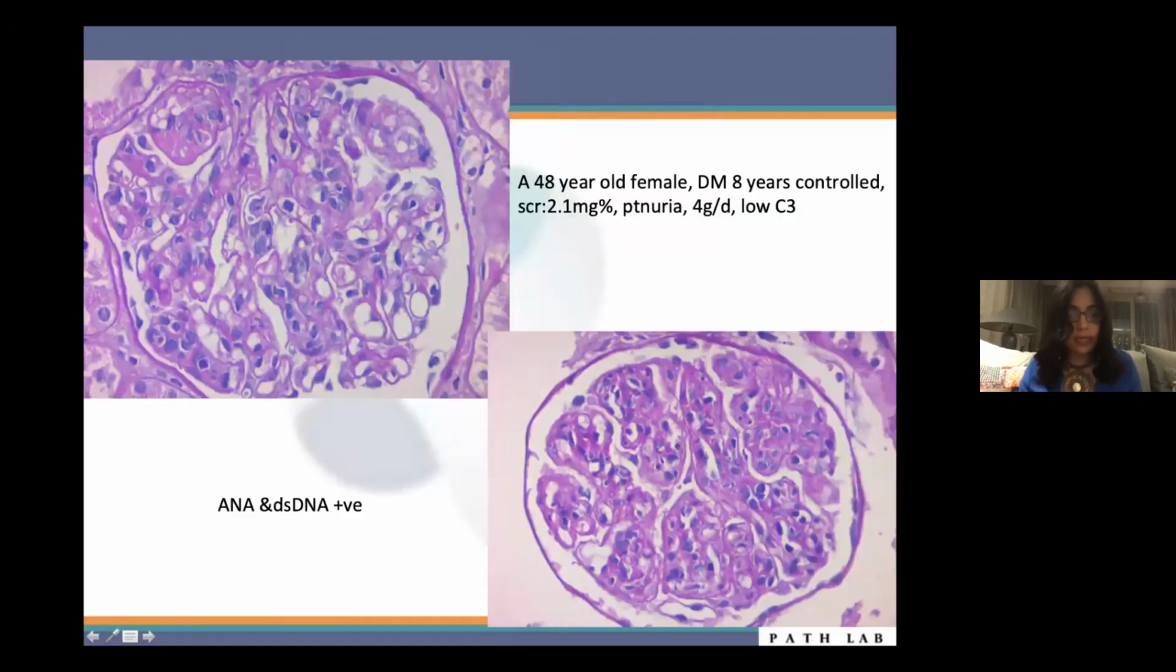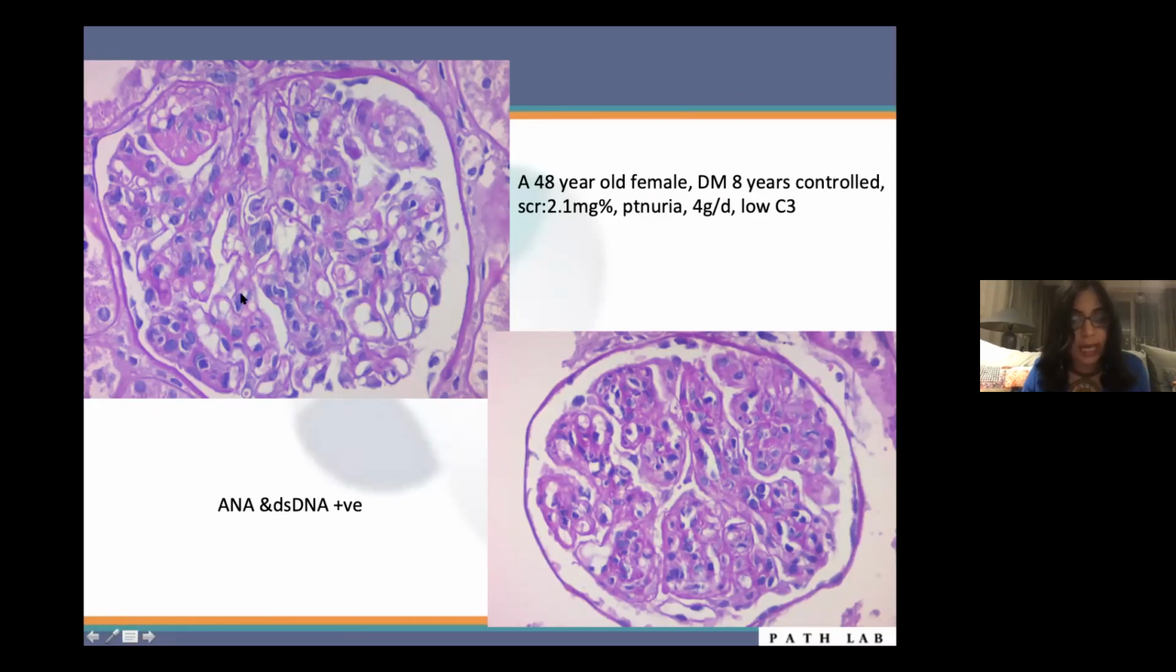This was an interesting case. This was a 48-year-old female who had diabetes for 8 years, and was very properly controlled. She presented with a serum creatinine of around 2.1, proteinuria 4 grams, and low C3. So her nephrologist decided to biopsy, because this was not her baseline, it was lower than that, but I don't know how much. And this was actually her biopsy, and she was a bit perplexing because the common